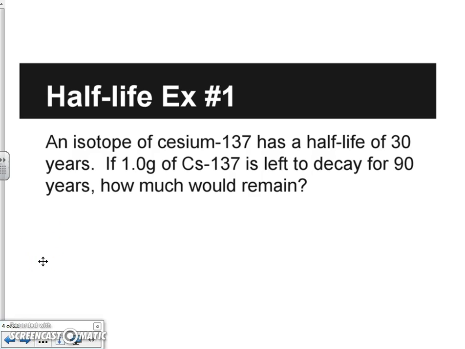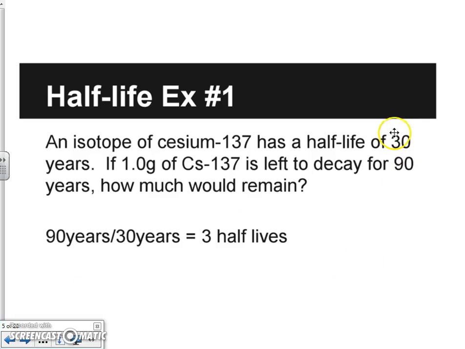So example number 1: an isotope of cesium-137 has a half-life of 30 years. If 1 gram is left to decay for 90 years, how much would remain? Well, if I take that time divided by the half-life, that gets me the number 3. That's 3 half-lives that have passed. So